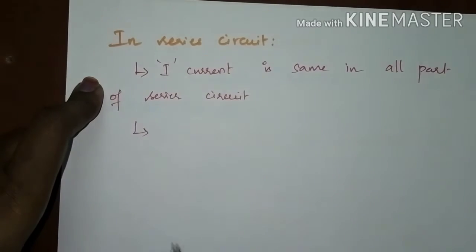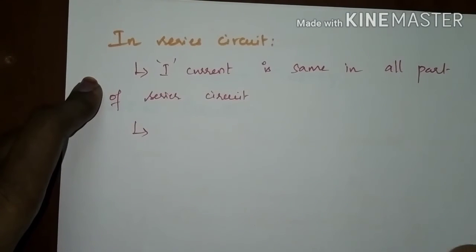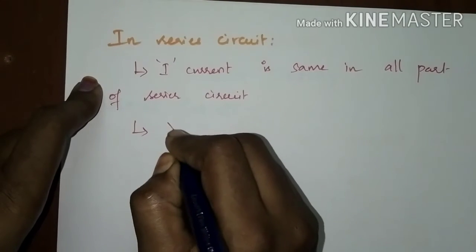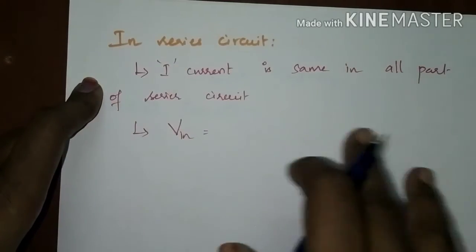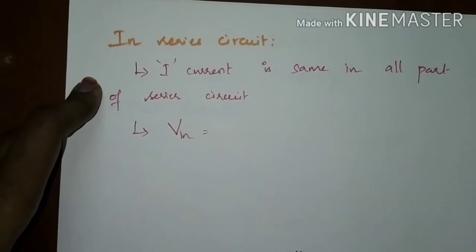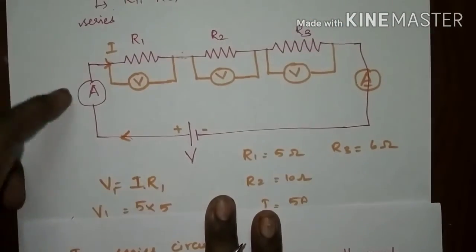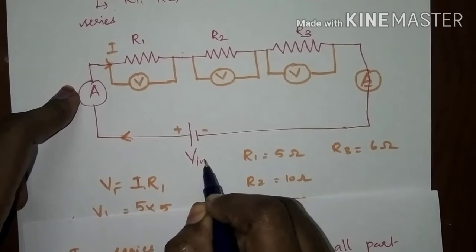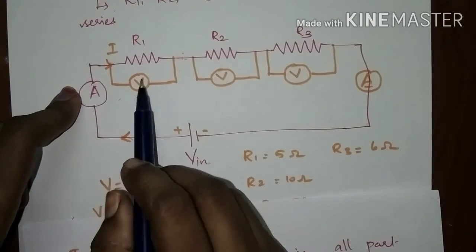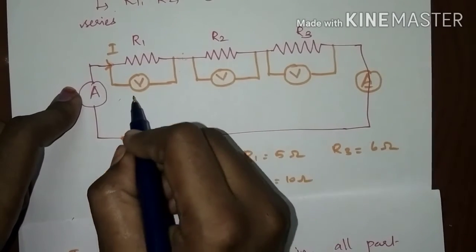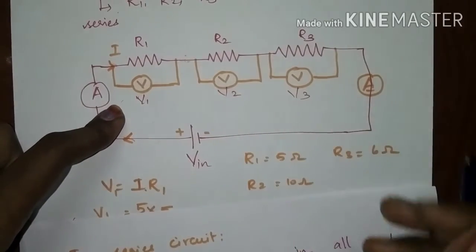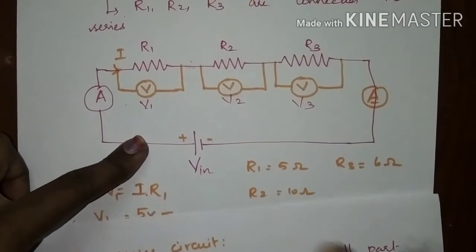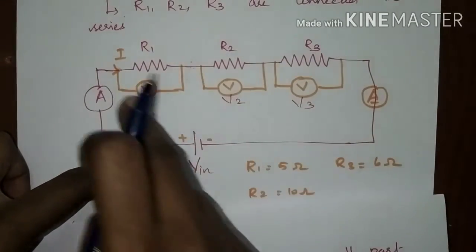Whereas in the case of voltage, it will not be the same, but the supplied voltage, the input voltage, will be equal to the sum of the drops occurring in the circuit. In the last circuit that I have given here, see, the supplied voltage is V, assume it as the input voltage V. The drop across the elements would be three voltages. Take the voltage drop across R1 as V1, R2 as V2, R3 as V3. So the input voltage will be the sum of the voltage drops that occur in the circuit.